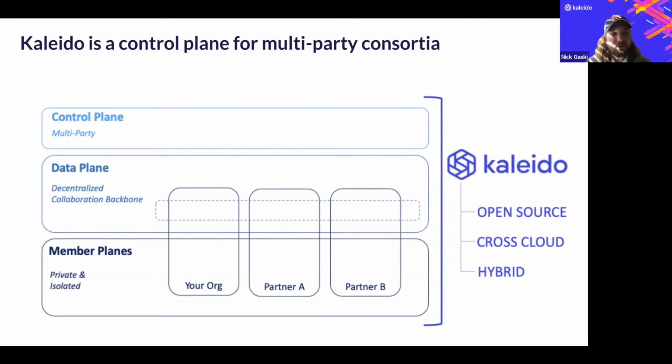But the member plane is where it gets really exciting and really powerful. You are in true unilateral autonomous control of your own resources on Kaleido. Extending that, we've allowed you to have rich integrations into an AWS cloud infrastructure, or an Azure cloud infrastructure, or your own on-premise data centers. So whether we're talking about identity management or key material, having your private Ethereum keys in a cloud HSM or in a HashiCorp server running on-prem, storage utilities, it goes on and on.